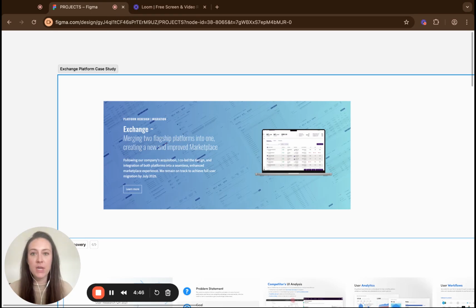After our company was acquired, we had two products, both offering very similar functionality, and we really had no clear direction on what to do with the two of them. So it was like, do you consolidate? Do you integrate? Do you start fresh? Ultimately, it was decided that we would build a new platform from the ground up, combining the best features of both. So I was brought on as a co-design lead, helping guide a user-centered design process for the